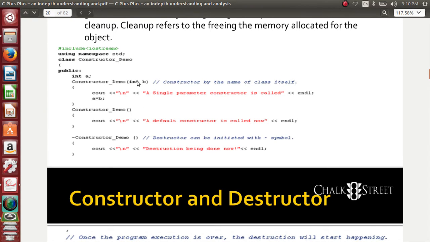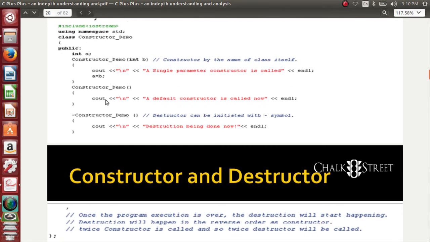The copy of the data will come here and now I am assigning a with b. Simple. I am trying to pass some content from the main to the constructor. Through the constructor, I can assign the value to the local variable that I have. Now, next step, see that.